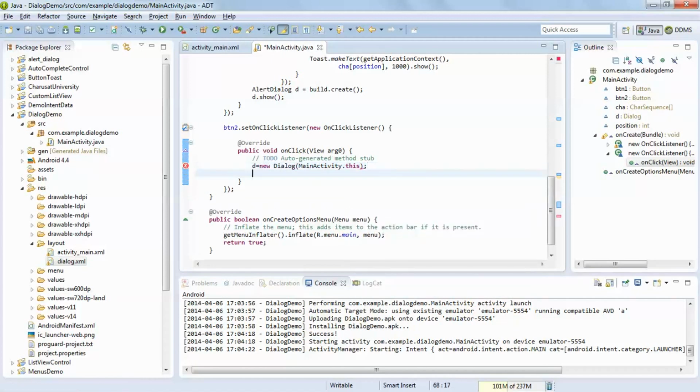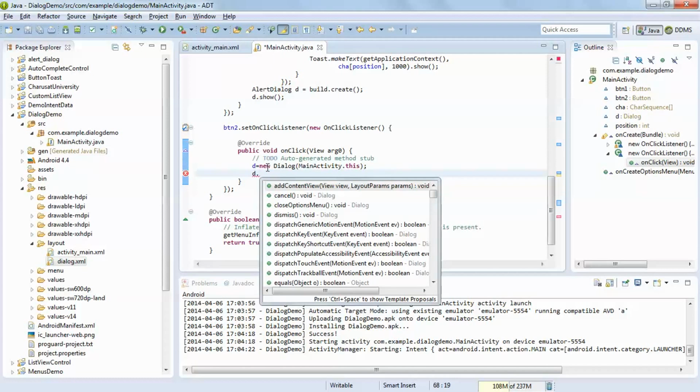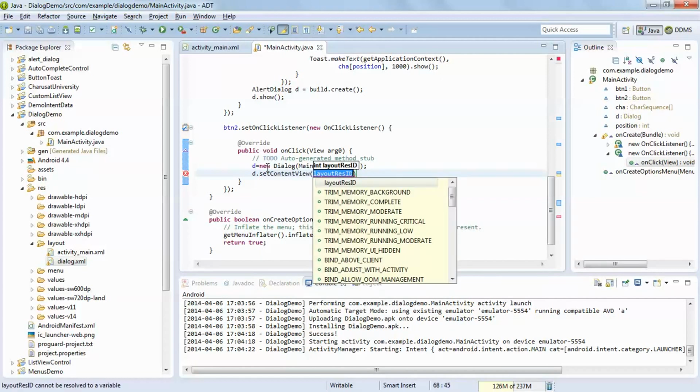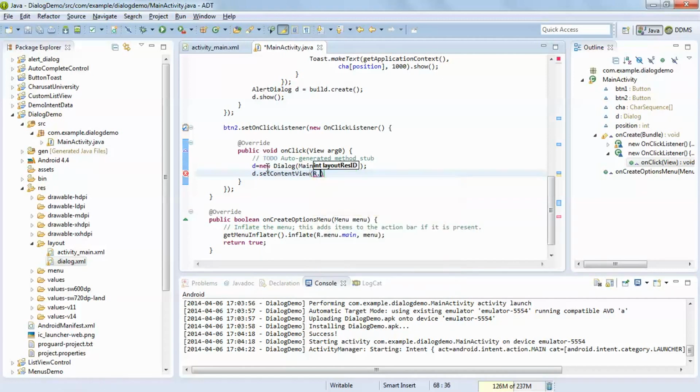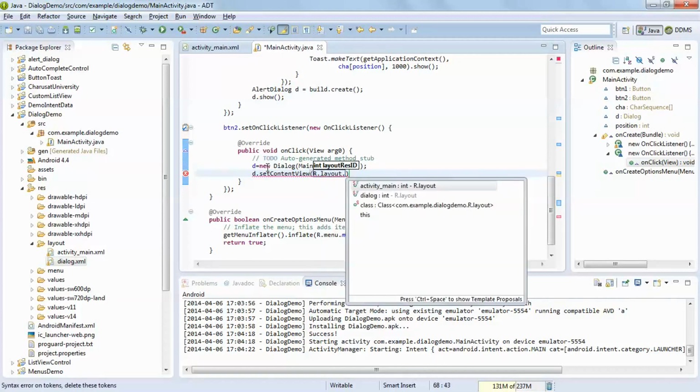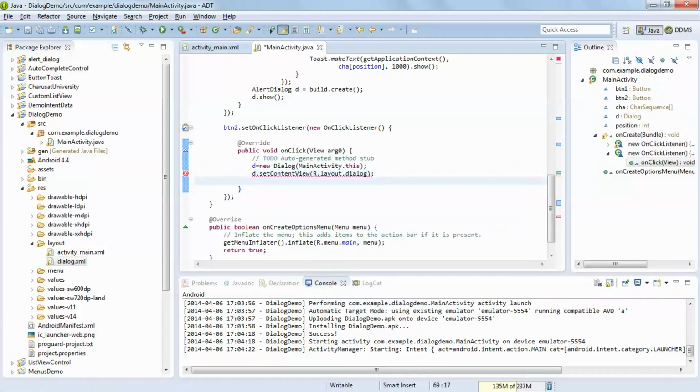As I said earlier, you have to use setContentView. Here we are passing the content view for setting the layout, which is dialog. In this dialog when it will appear,